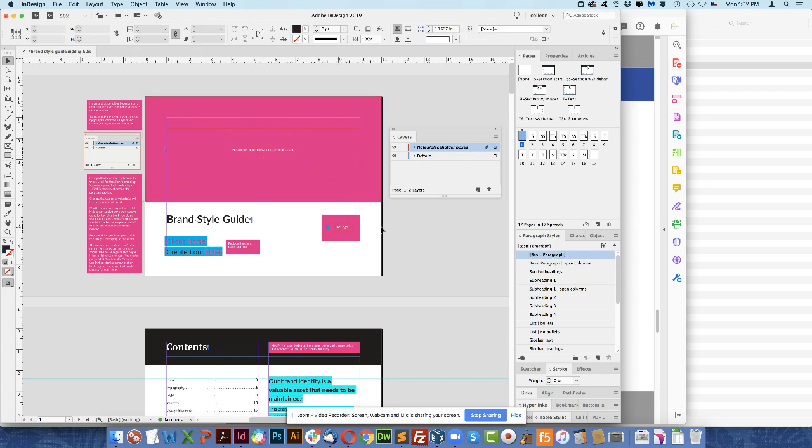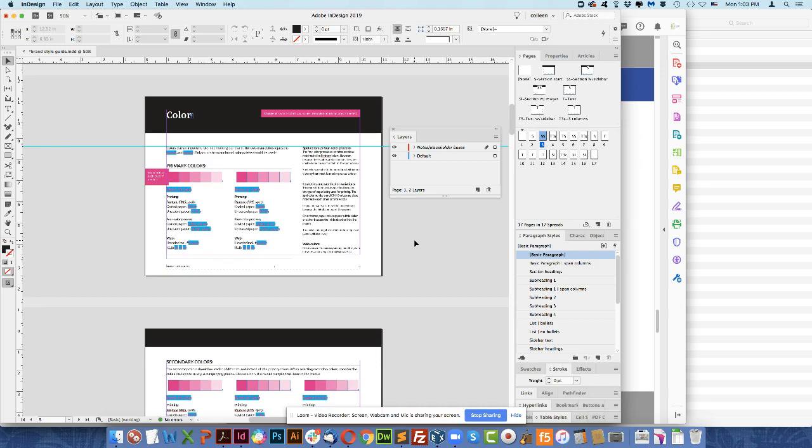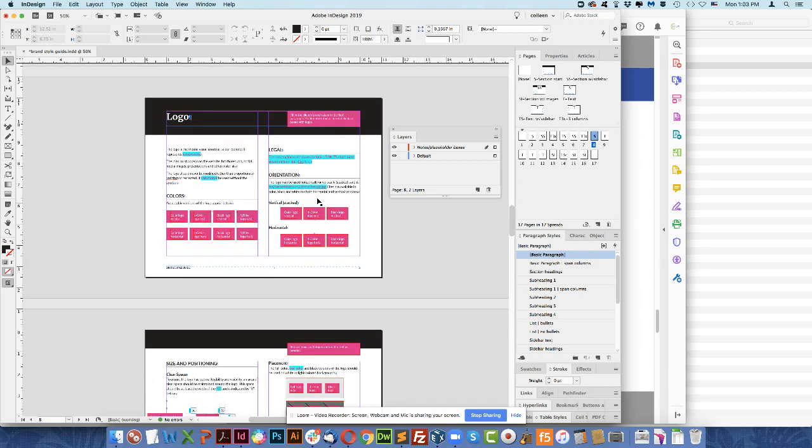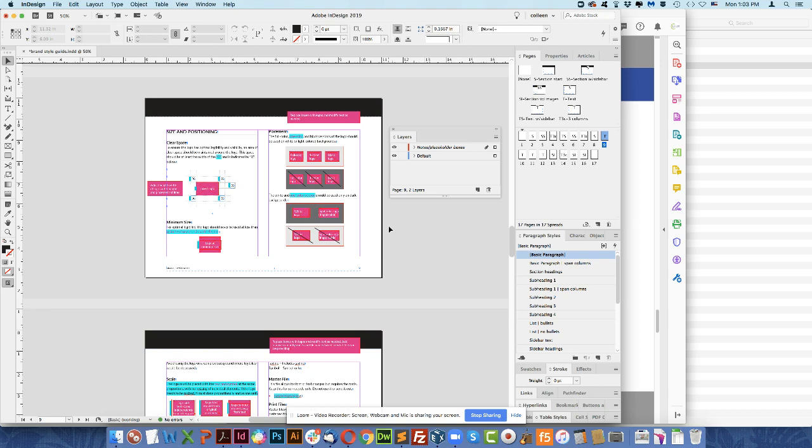I encourage you to change this up as much as you like in terms of the design. And I've made it easy by setting up master pages and nested master pages so that you can go in and modify the templates as minimally as possible to make that more efficient for you. I've also included paragraph styles and character styles and object styles to also hopefully make that easier for you. And you can also hide these if you want to, and you can also see where I've included notes throughout to guide you on what to do here.